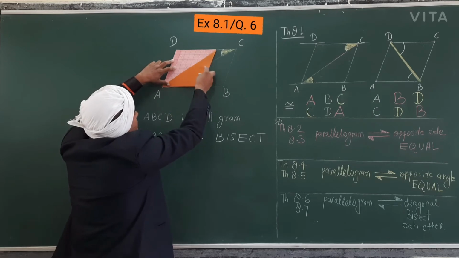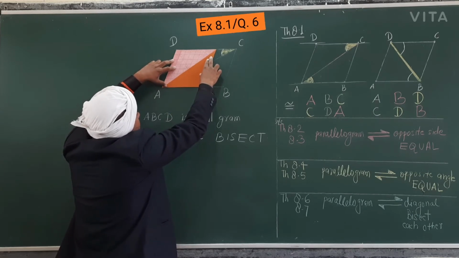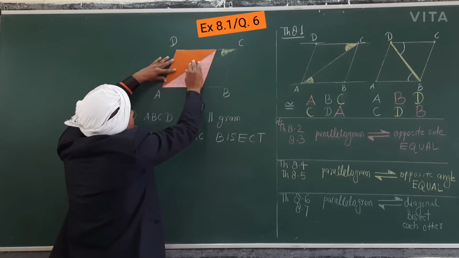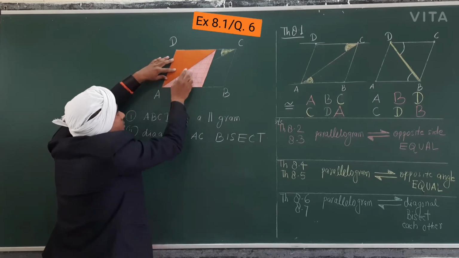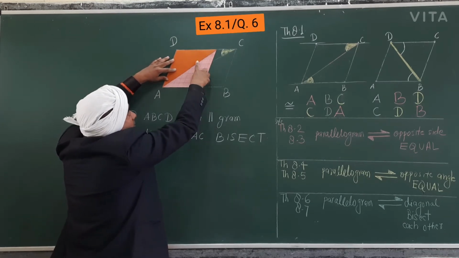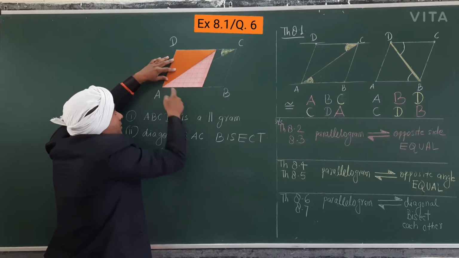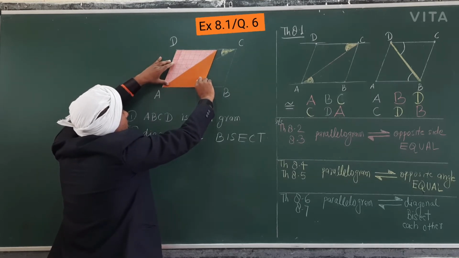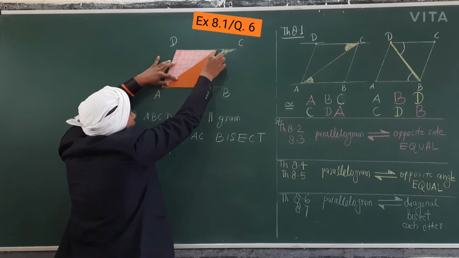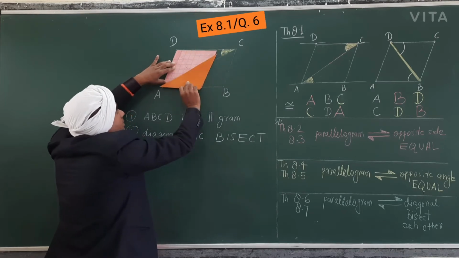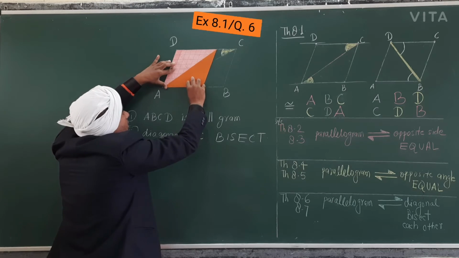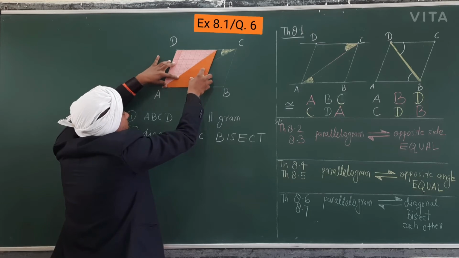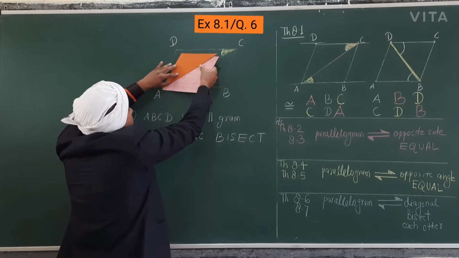How? Let me show. This is angle A and only I can change this. Because these are equal, it is possible now. Earlier it was not possible, I have shown you. This was not equal, but now it is equal, so only you can change and you can get this. So the angles are equal. I can change it also. Yes, we can make it here also, because this angle is equal to this, all the four angles are equal.